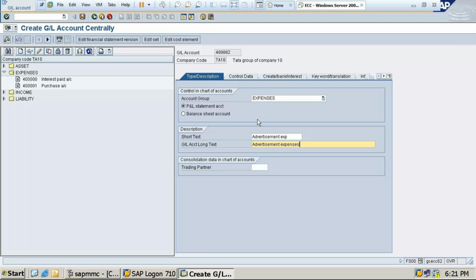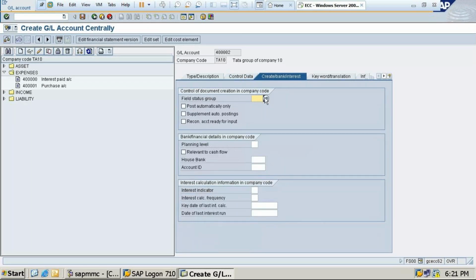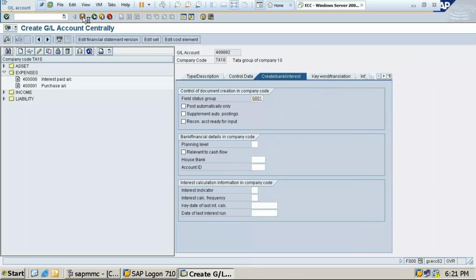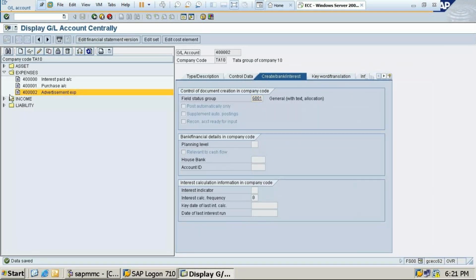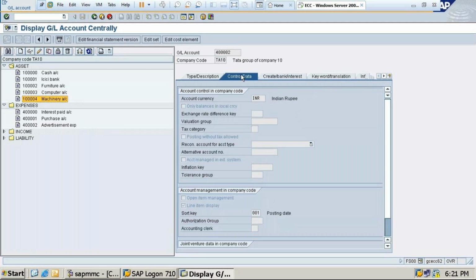Okay, so here control data, line item display, 001. Here create bank interest, G001. Okay, save. I will check once why machinery has some problems. I'll see the control data. Everything is there, it's all done.